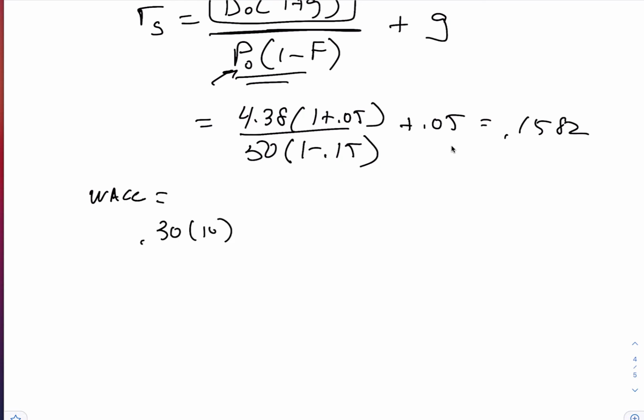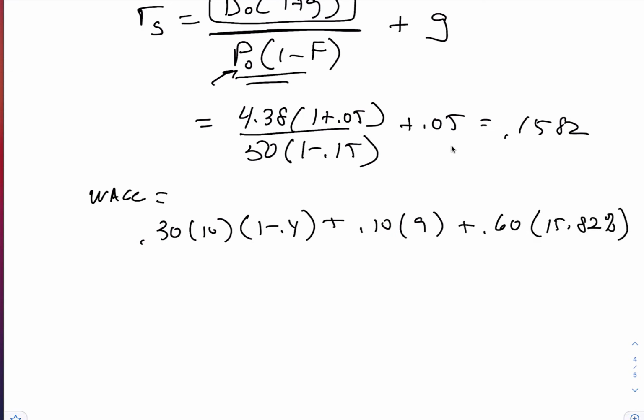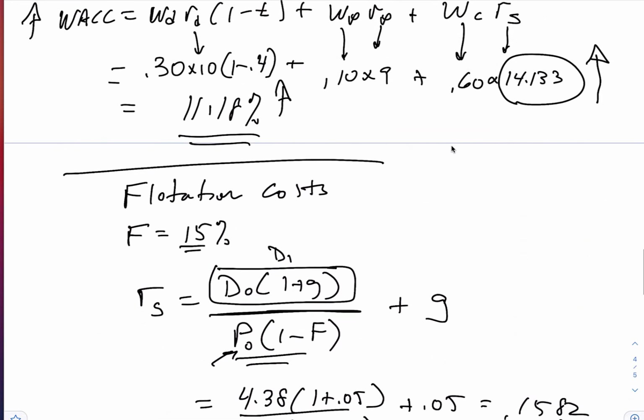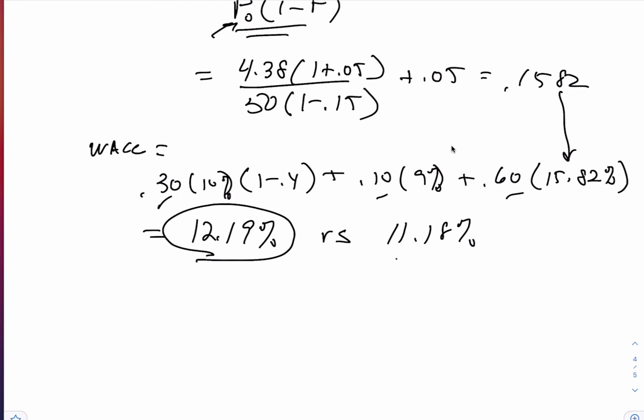And so now our new weighted average cost of capital with flotation costs will use the same numbers we saw before for much of this, with the exception of one change. There it is. You can put percent signs here. Notice my weights again. Check that your weights always add up to 1. And so I plug that number in, and now I get a weighted average cost of capital of 12.19% versus the 11.18% I computed right here. So this is with flotation costs. This is without flotation costs.